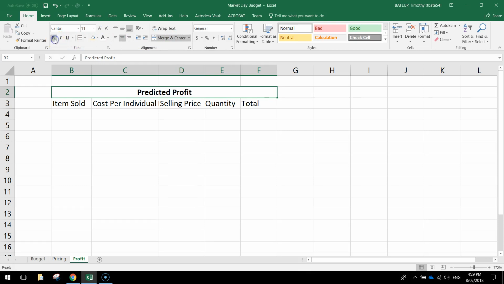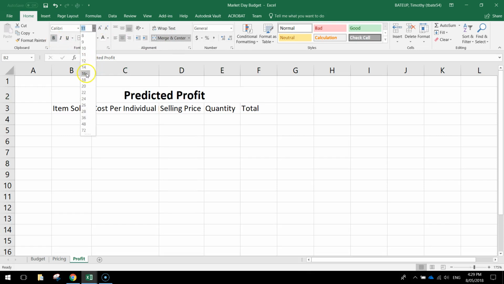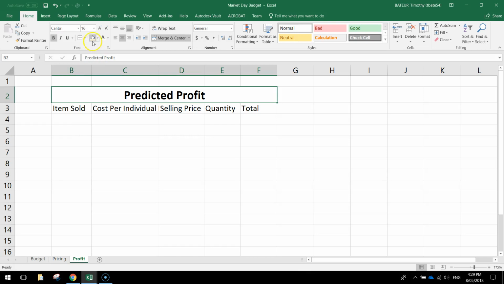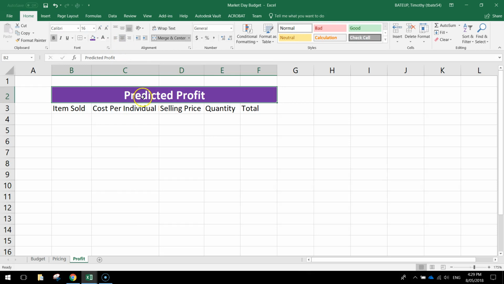I'd like you to make it bold and also size 16 so it's a bit bigger. Feel free to choose a fill color. Okay, I might go with this purple color. I'm going to have to change my font to white so I can see it, and I'm going to middle align it. For our subheadings, down below, middle align, center align, bold, and we're going to change it to a